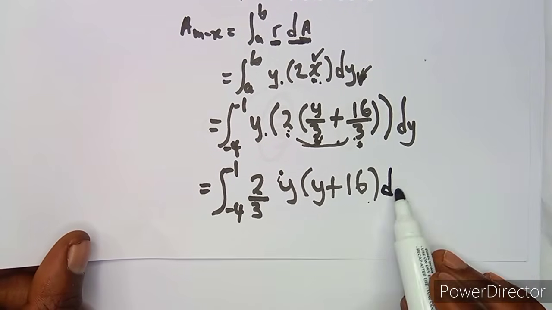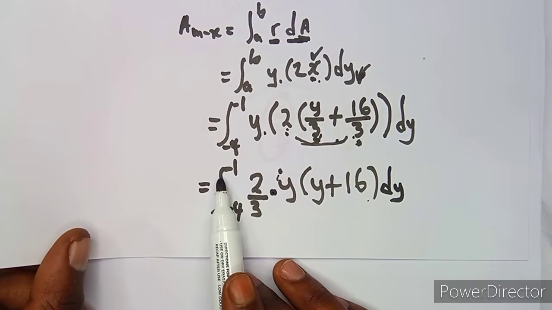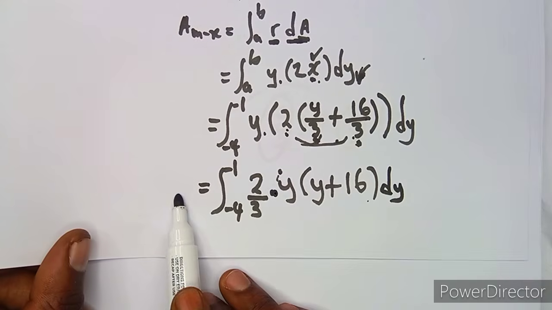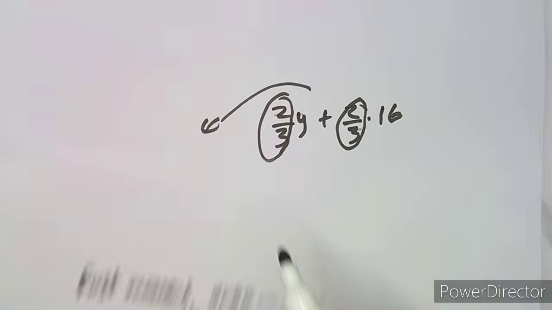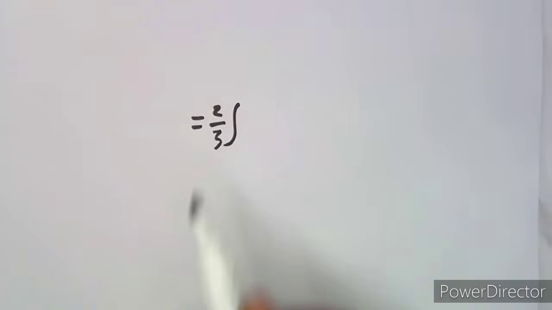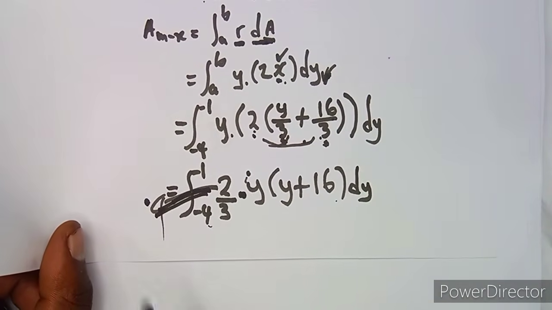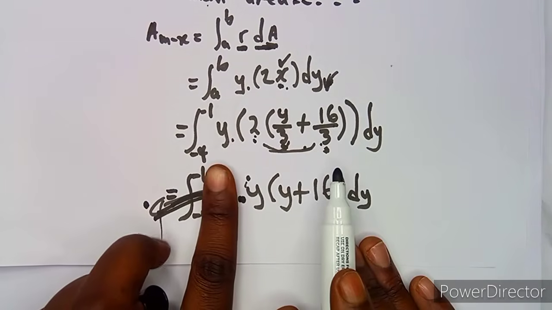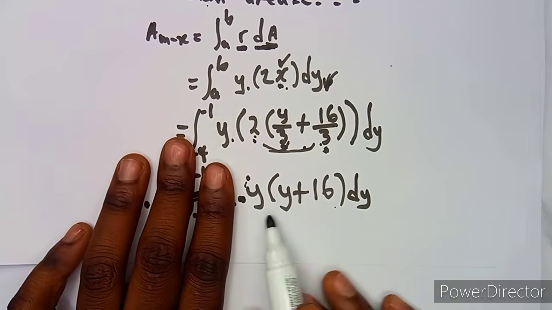And remember, guys, when there is a number which is multiplying like this inside an integral, this number can be taken outside of the integral. So you can take out this 2 over 3 outside. Sorry for that. So let's take this out. That is going to be 2 over 3, the integral of, we have taken out these 2 here. After taking out these 2, what is going to remain? We are going to remain with this because it's now outside of the bracket. Take note, guys, this is what is going to happen.